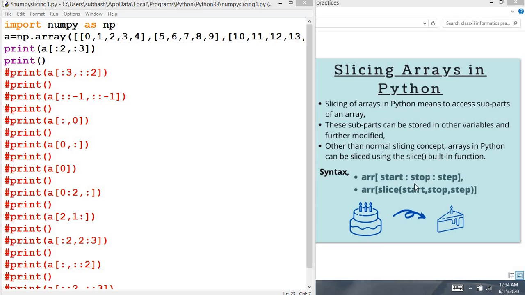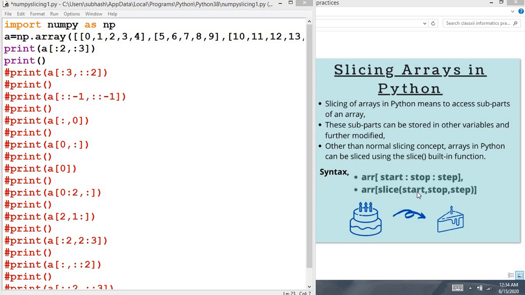Now when you give the stop value, it will not take the stop itself; by the syntax it will be taking stop minus 1 only. Then step, by default it is 1, but if you want to give another value, like 2, it will jump 2 elements next to the array index.